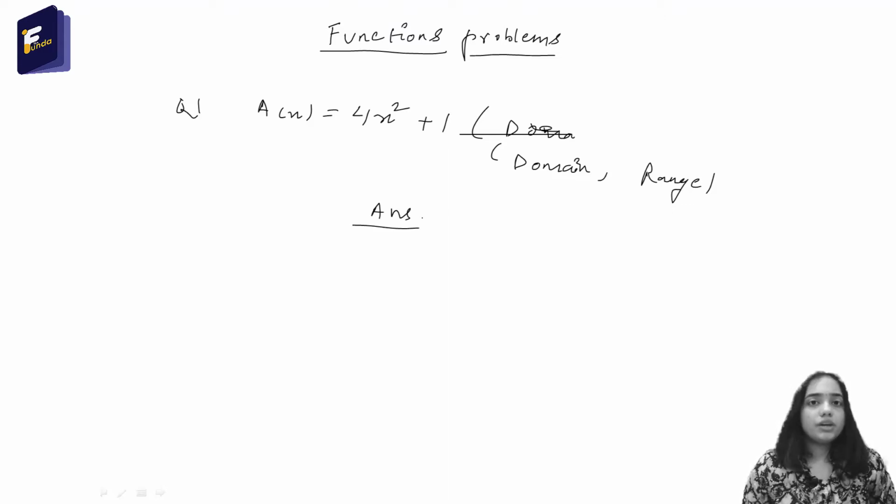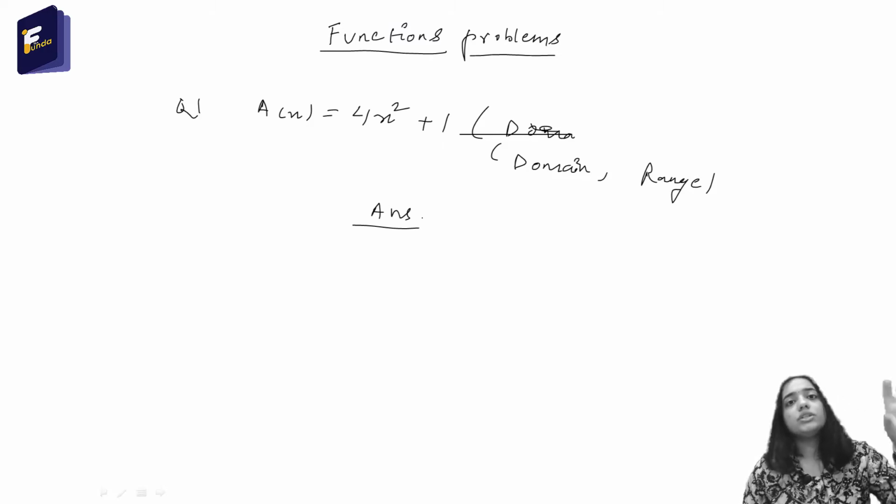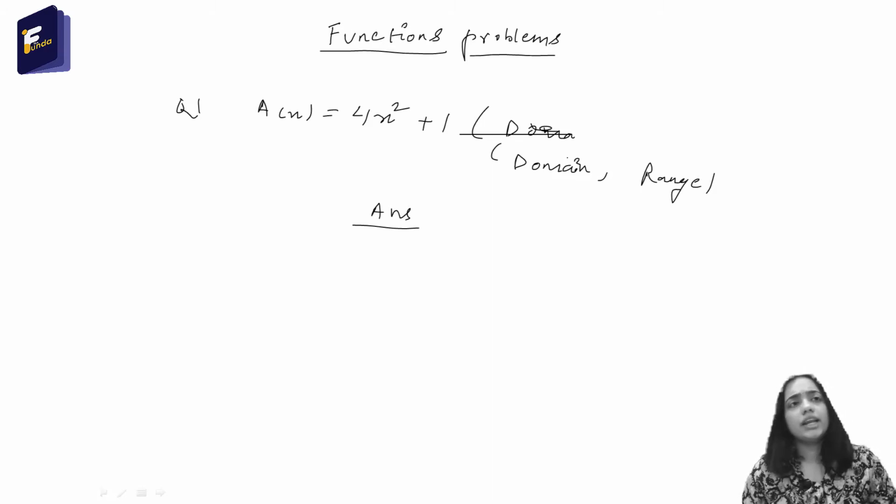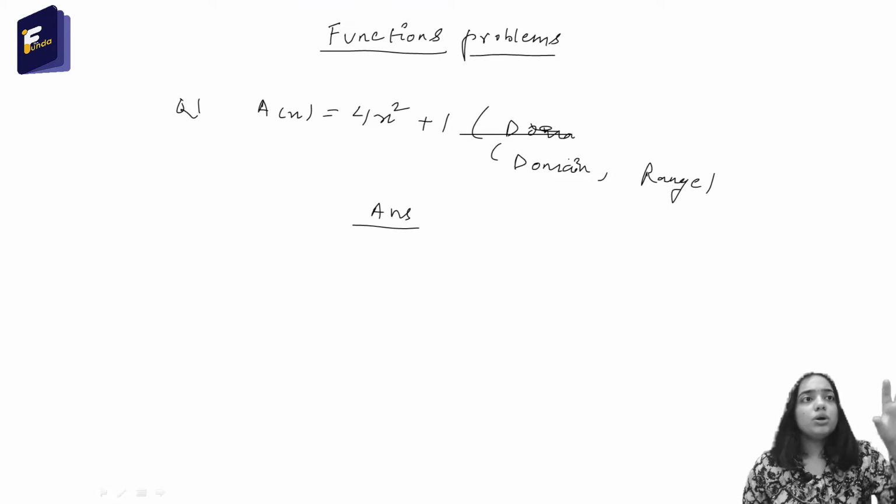What is domain? Already we have discussed that whatever inputs we can give to this function is known as the domain. Whatever we can put inside this function. You can see that we can put anything in the place of x. Like we can put 3, 3.2, 1, -1, any number you can think of, because there is no problem arising here when we put any number.